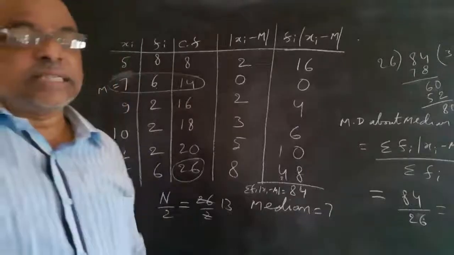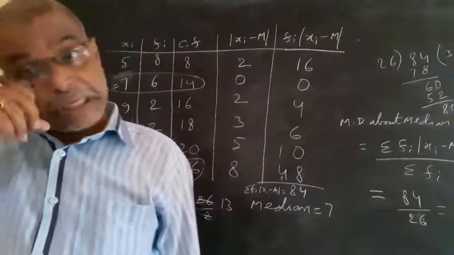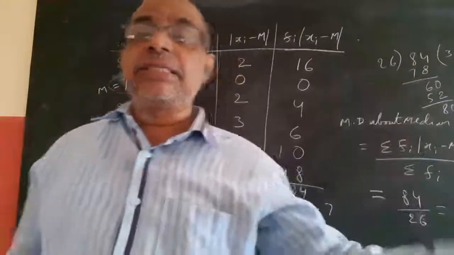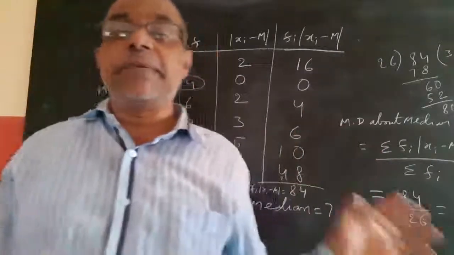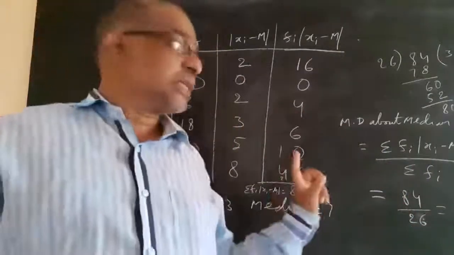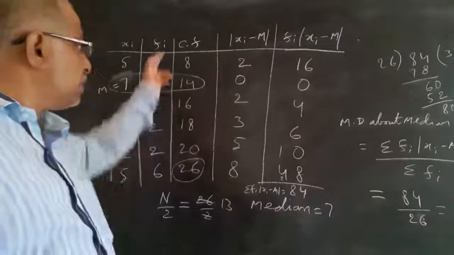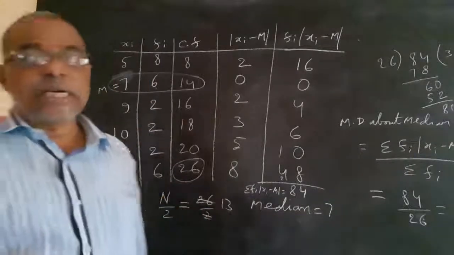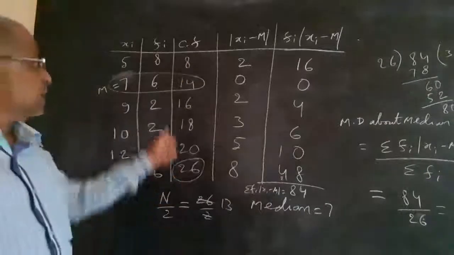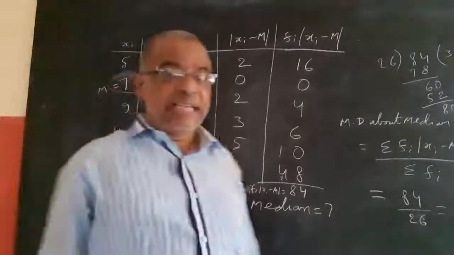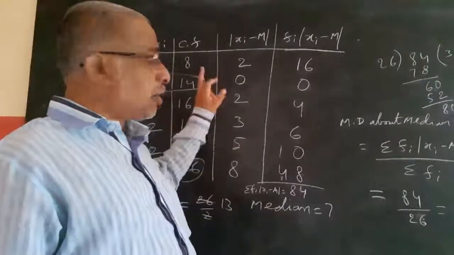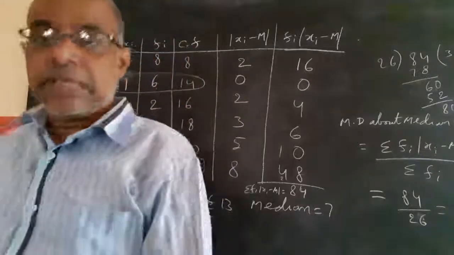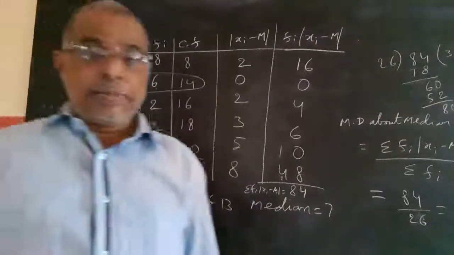Like this, we will find the mean deviation about the median. If ungrouped data is given, arrange them in ascending order, then the middle one is the median, then xi minus m as it is, sigma of modulus xi minus m by n. If frequency is given, then the procedure is the same. To find the middle value, we find the cumulative frequency. Half of the cumulative frequency gives you the middle one, that is 7. So median equals 7. Now from the median, how much is it deviated? So xi minus m, and Fi into xi minus m gives me the mean deviation about the median.